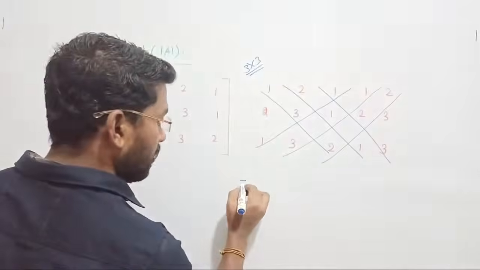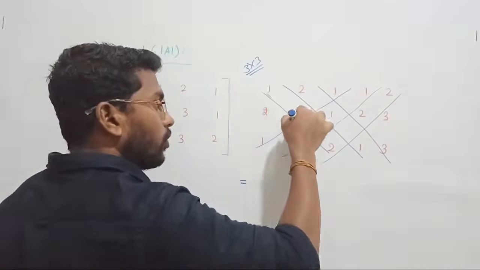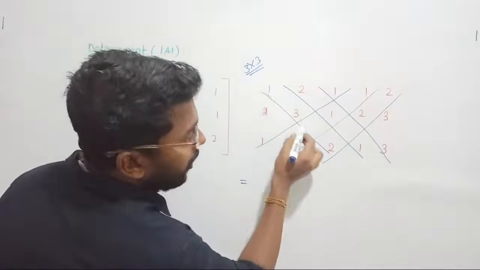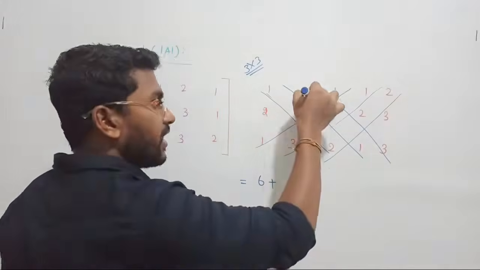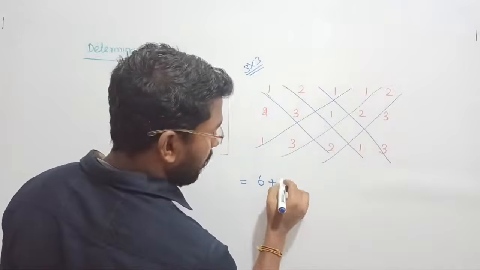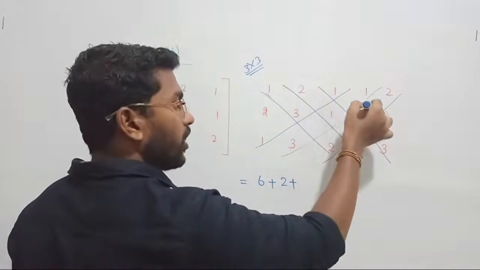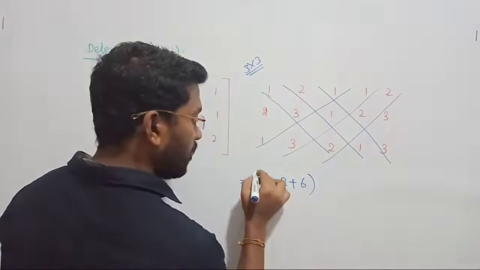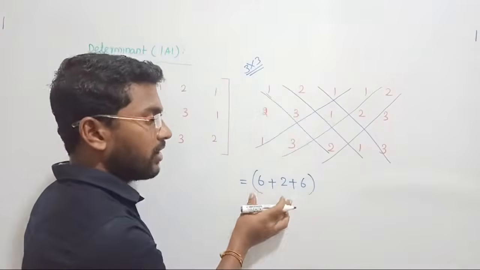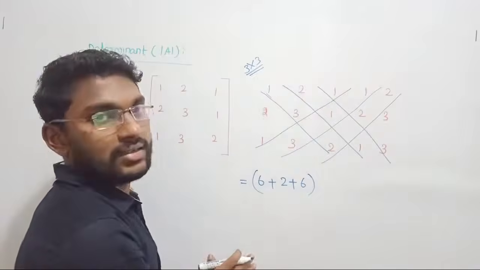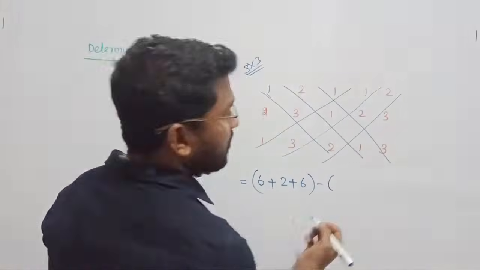After finding that, what do you do? The first step: find the product of the diagonal, 1 into 3 into 2, which gives you 6, plus the second diagonal, 2 into 1 into 1, which gives you 2, plus the third diagonal, 1 into 2 into 3, which gives you 6. That is the sum of the products of the diagonals, right,